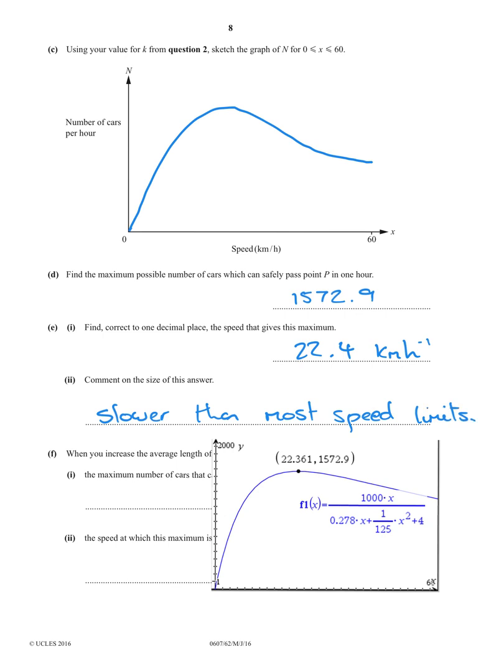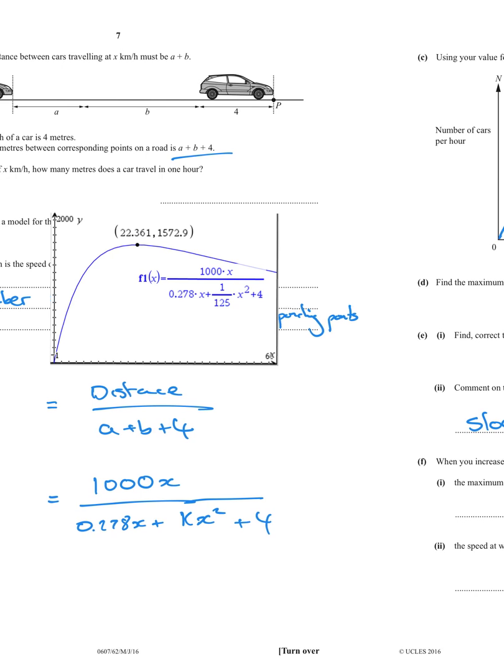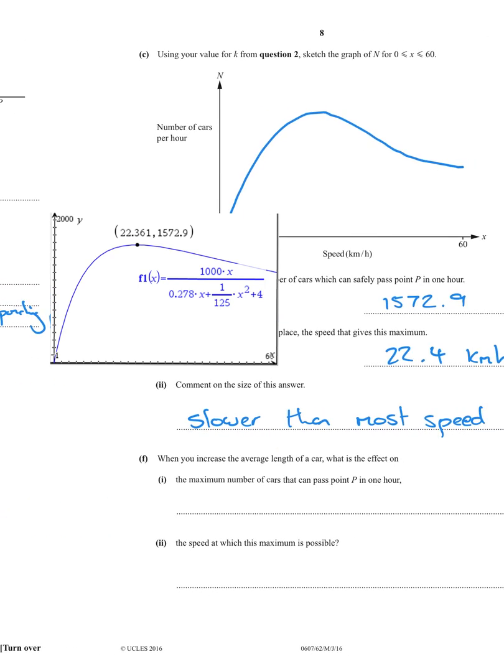Okay, now, can I move this out the way? Yep. When you increase the average length of a car, what is the effect on the maximum number of cars that can pass point P in 1 hour? So let's have a look back and identify what it is in here that relates to the length of the car. Well, it was defined on the previous page as that 4, which in the graph is this plus 4. So all I did to work this out was